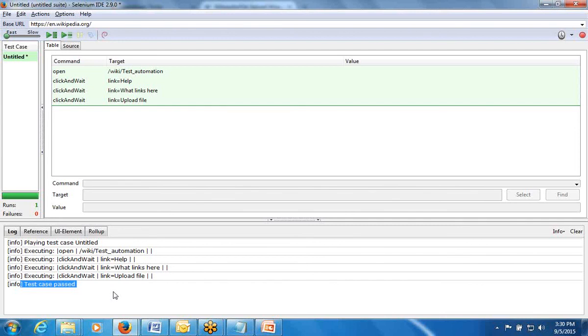Whenever you are implementing a framework architecture, one of the crucial parts is your exception handling. If you are getting any exceptions, how do you handle those exceptions? All those things we can't do via this particular IDE tool.